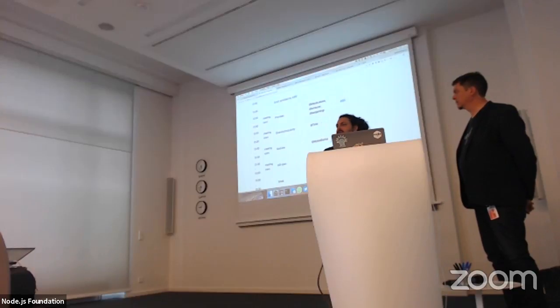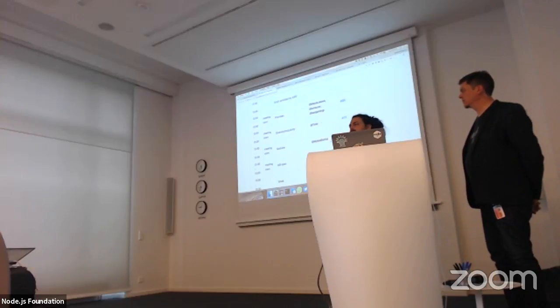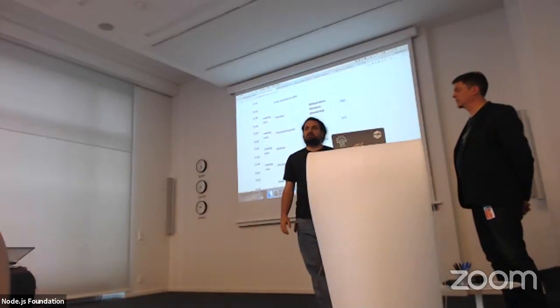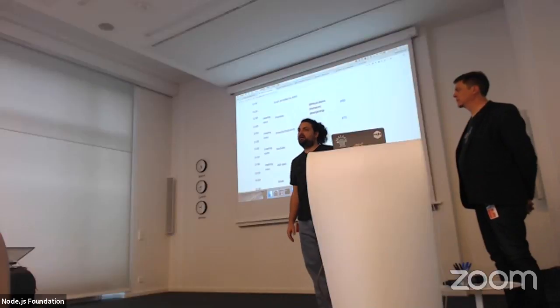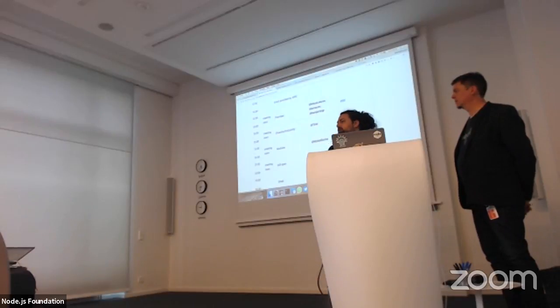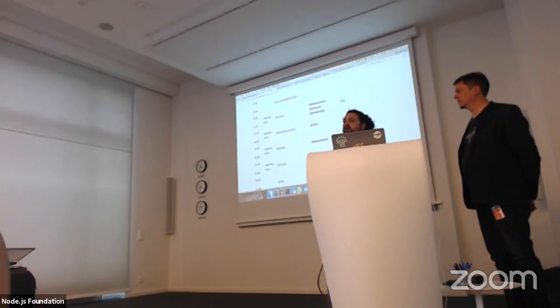One of the things that I think was really important about it is it was made really clear that the modules group is fairly open if you want to get involved. If you go to the governance.md file, all the information is in there about joining the modules team. If you're interested, you can just open a pull request, and by the next meeting, we can invite you to join the team.